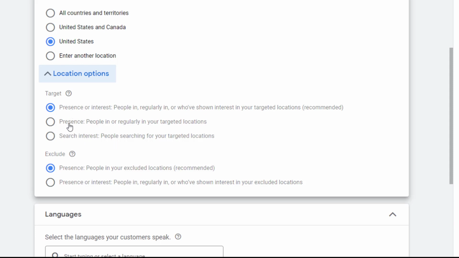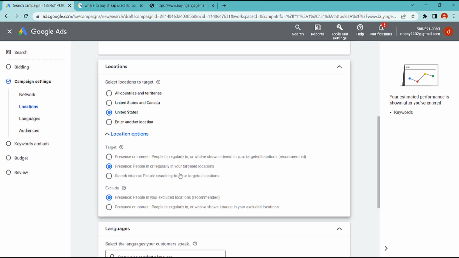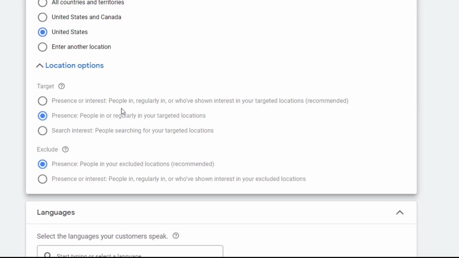You should choose the presence option: people in or regularly in your targeted location. If you choose presence or interest, it could be that these people don't live in the location that you target but have interest in your product or your services.